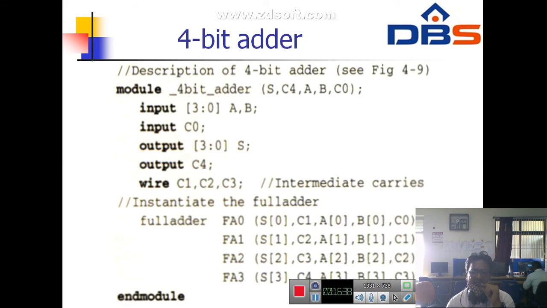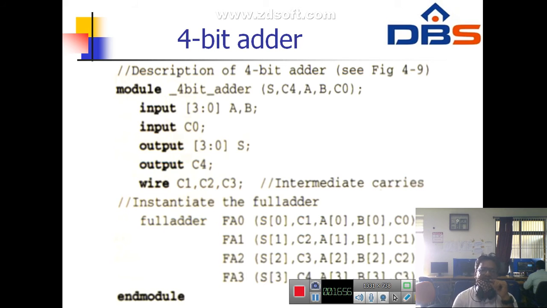So we fulfill the bottom up description in the case of the gate level design. In the same way we write the code for a 4-bit adder. In the case of a 4-bit adder, we have to add 4 full adders sequentially, that means in a series manner, and that will perform a 4-bit adder.